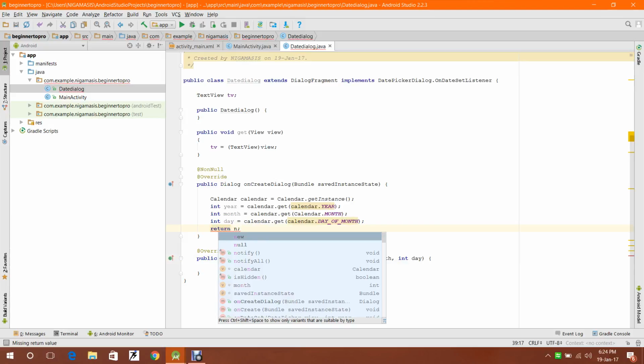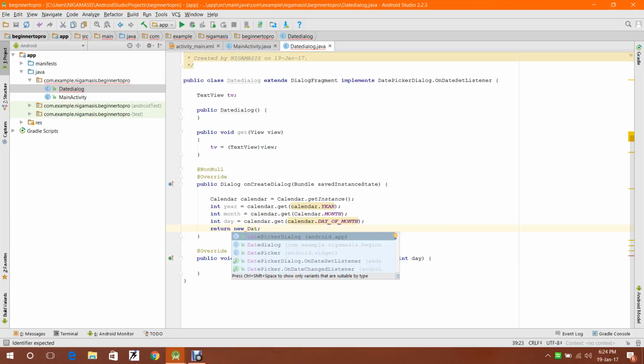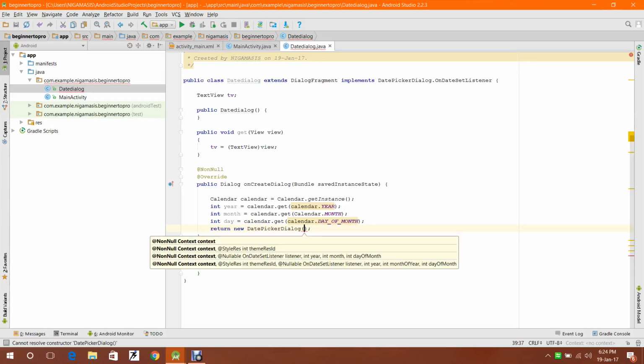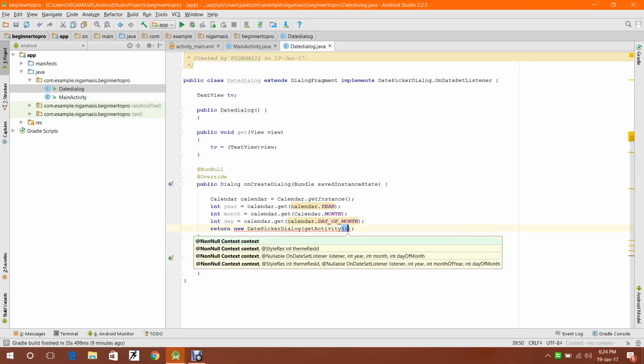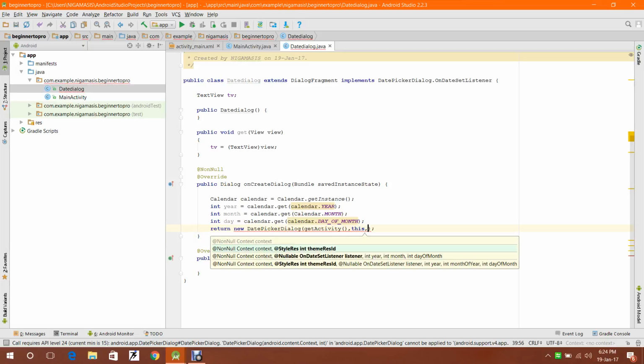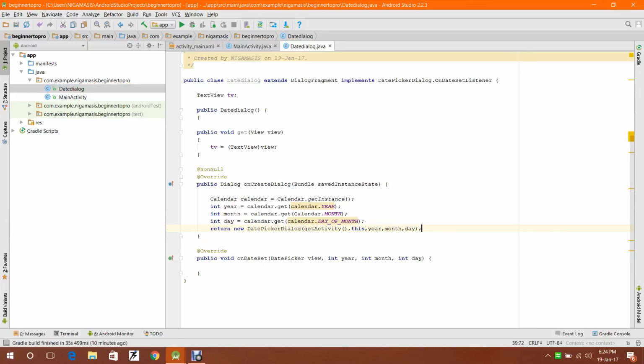So return DatePickerDialog, activity, this, year, month, and day. Now I'm passing the variables year, month, date to the on date set,